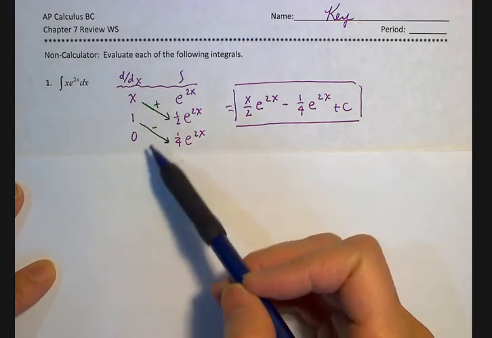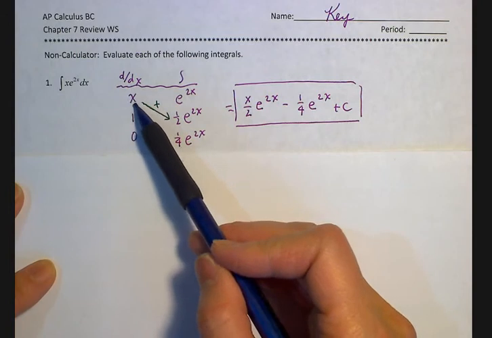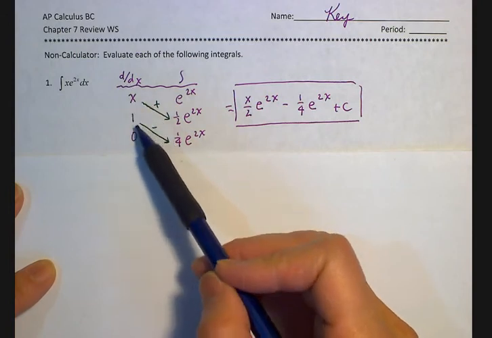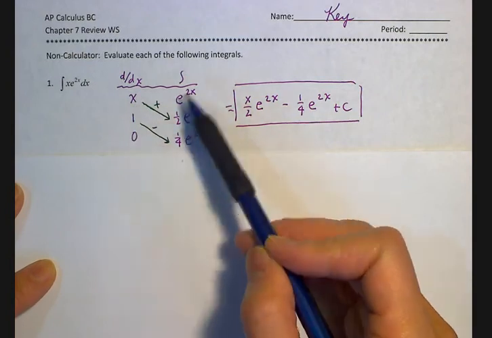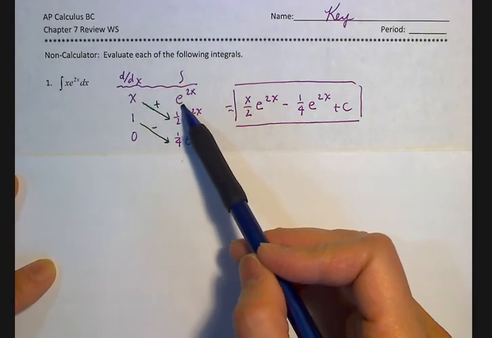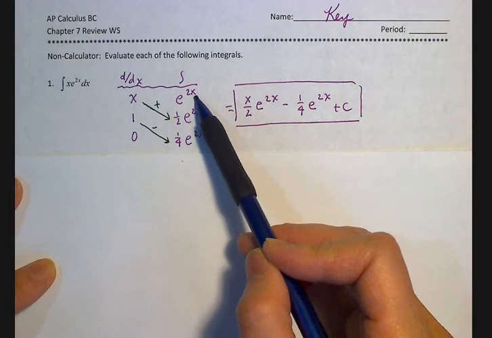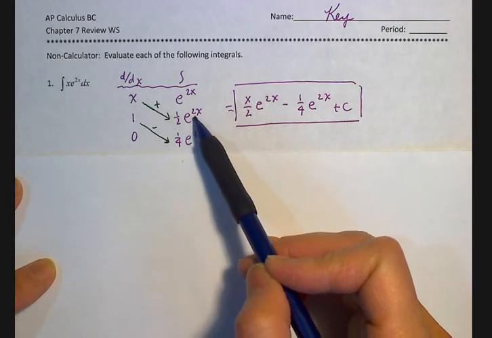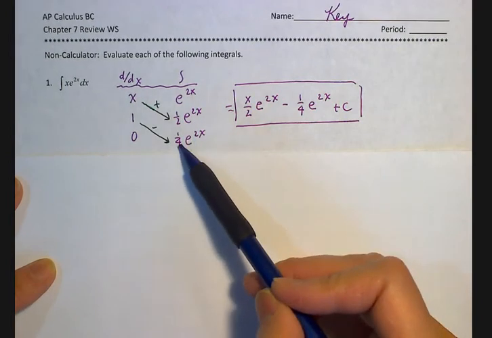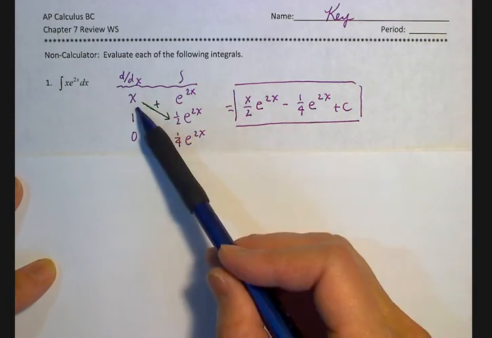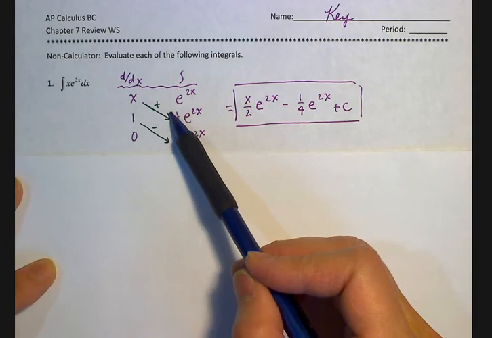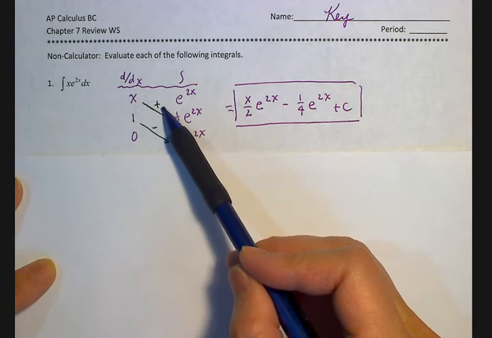So I'm going to use x as the derivative, and so take the derivative of x and then 1, 0. And then for the integral, it's going to be e to the 2x. So the integral of that is 1/2 e to the 2x, and the integral of that is 1/4 e to the 2x. And so using the tabular method, you're drawing arrows down the diagonal, and it's positive and negative,